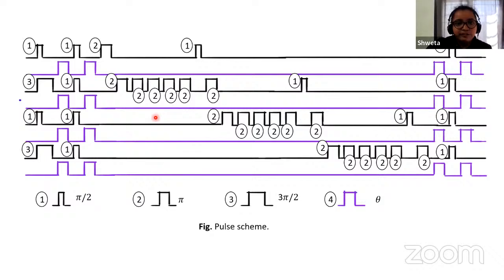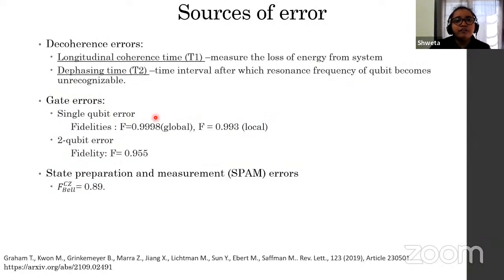So that is it for the circuit implementation. And now we have to also consider the sources of error. When we do our experiments, we want to consider them so that we can improve some of them, and so that we get realistic results, like how we obtain them. They can be further classified into 3 classes, which are decoherence errors, gate errors, and state preparation and measurement errors, which are SPAM errors. So now, what are the decoherence errors?